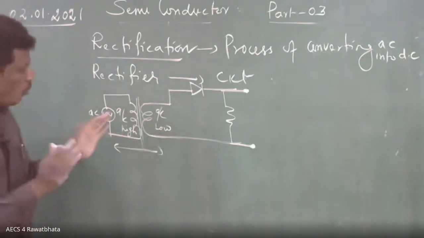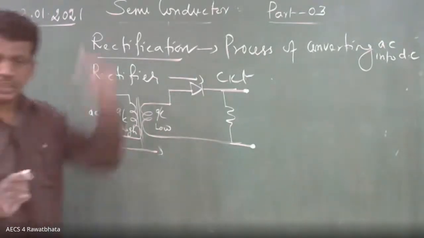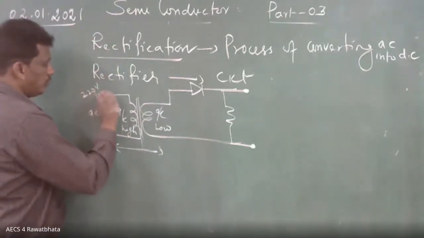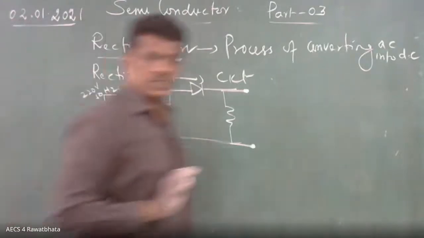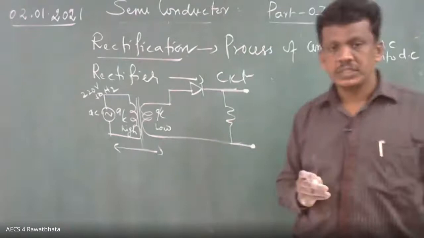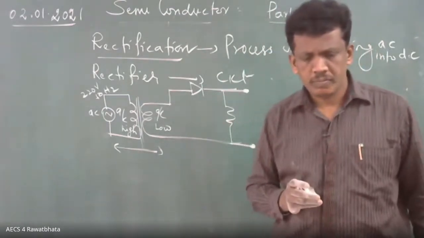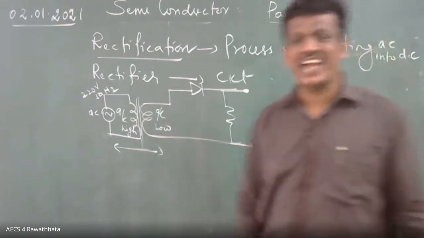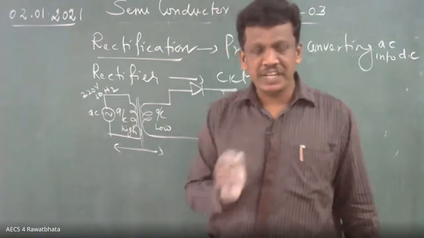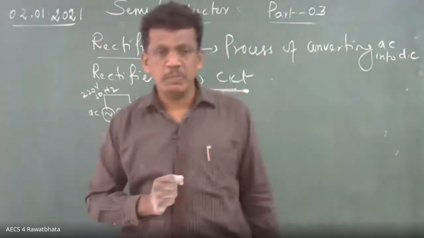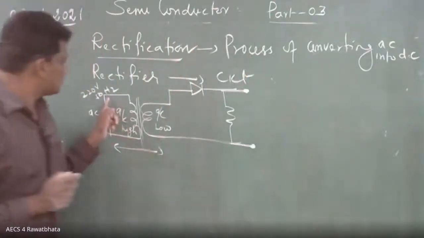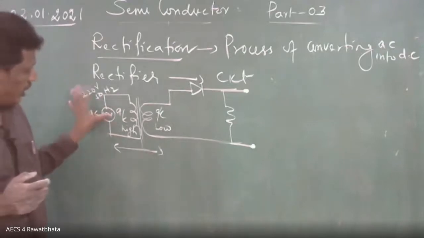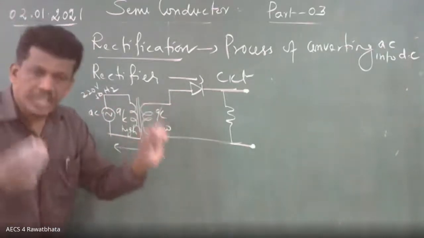So first, what is the voltage we are getting at home? Input. How much? 220 volt, 50 hertz. All are knowing that. 220 volt is what? Exactly, RMS value. The effective value is RMS, root mean square value. 50 hertz is the frequency, how the cycle changes.